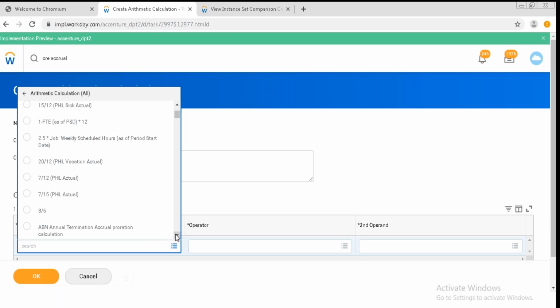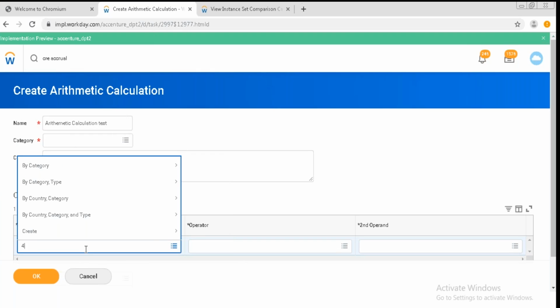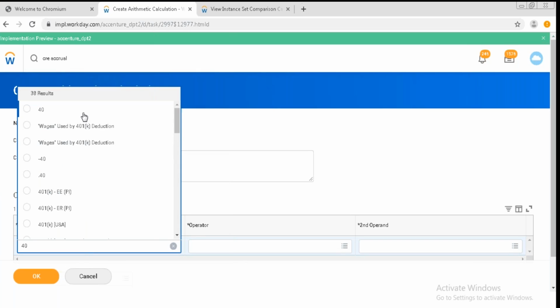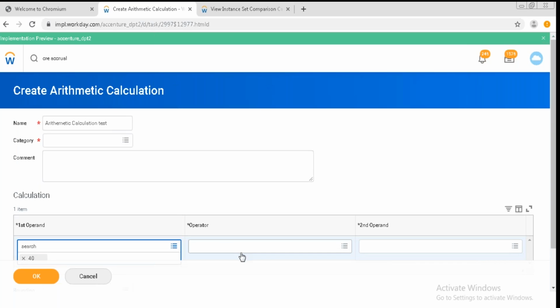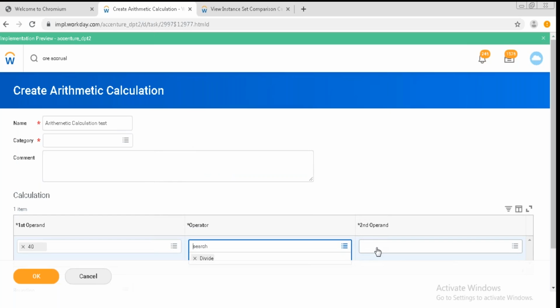Yeah, you can give it like this. If you are giving 20 days of accrual, out of that the employee should be given a monthly accrual, so how are you going to calculate that? For example, if you are giving 40 days of accrual to them, 40